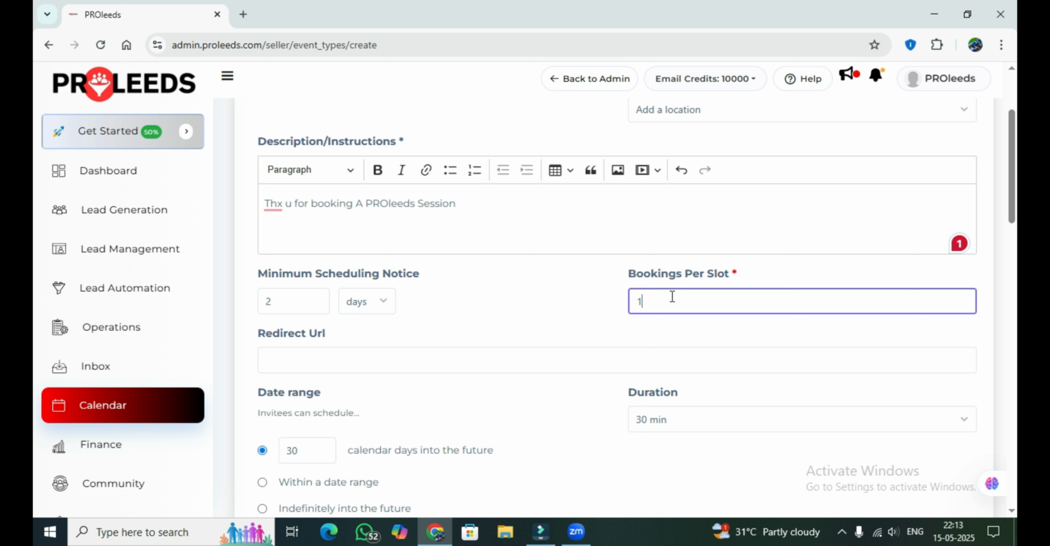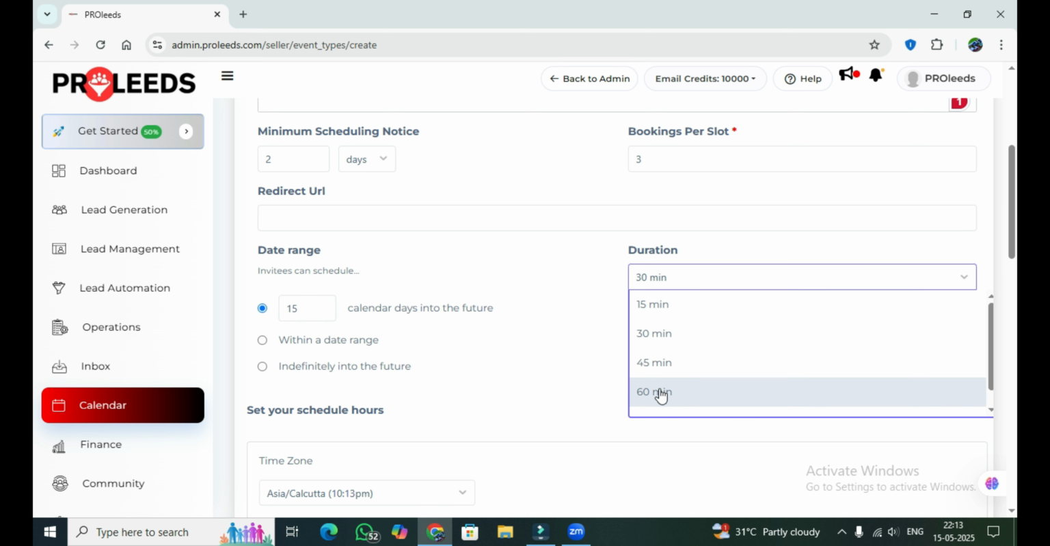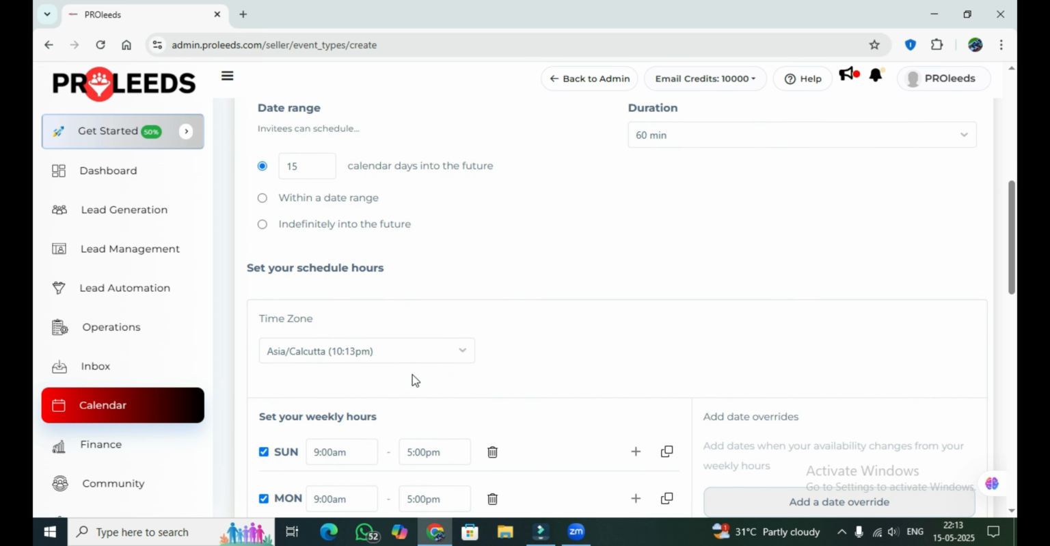And now you have three sales team. So you can put 3 here. That means that three calendar bookings can happen on the same time, and this is the date range, how many days ahead they can book. Recommended is 15, that they can book only after 15 days, else if you keep it longer they might forget or they might not be available at that day. So here is the duration of the meeting. For example, I just choose 60 minutes here, the time zone where you are available,